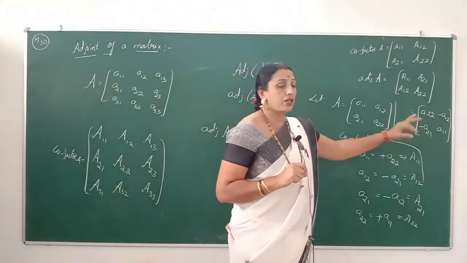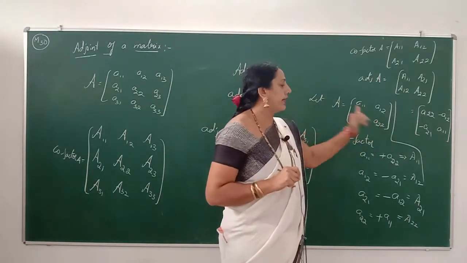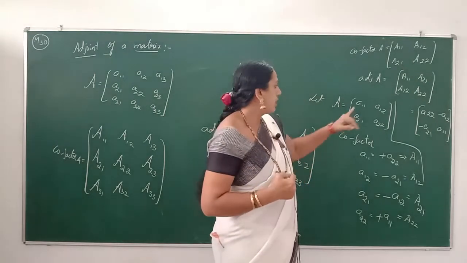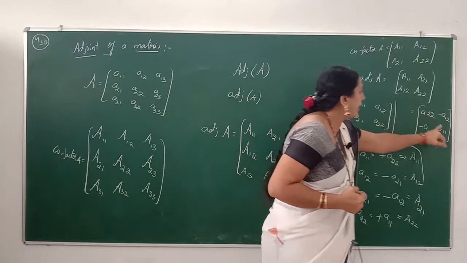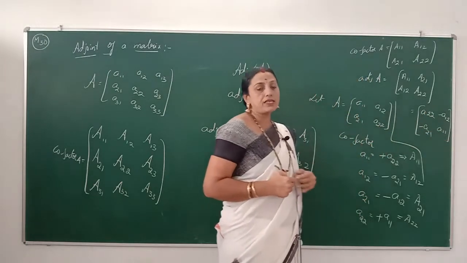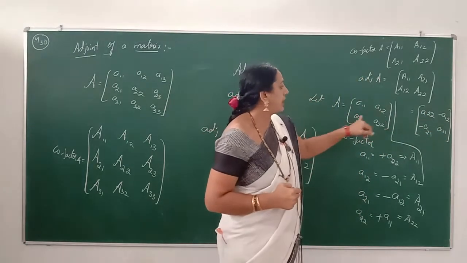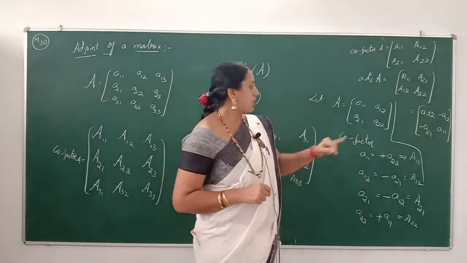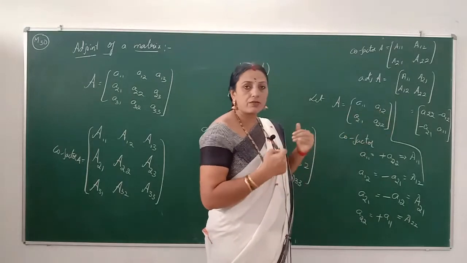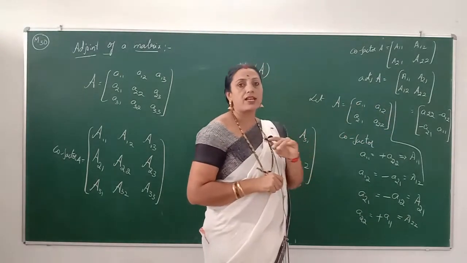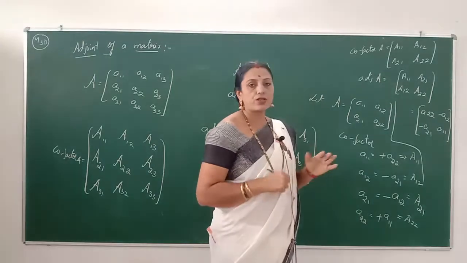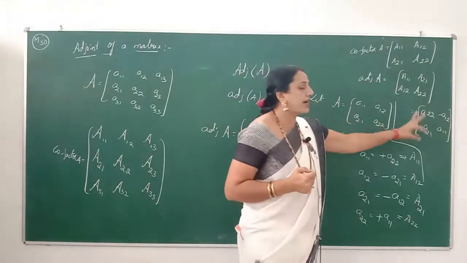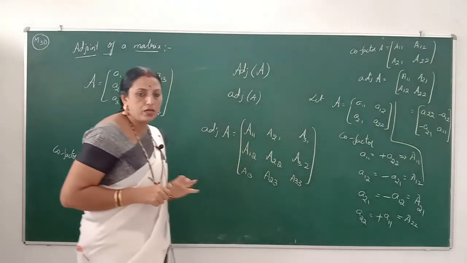So by using that condition, the left diagonal elements of the 2 cross 2 matrix are interchanged in their places. So A11, A22 are interchanged in their places, and the elements of the right diagonal change their sign. If these two are both positive in the given matrix, they will both be negative in your answer. Suppose one of them is positive and the other is negative, then changing the sign gives what is called the adjoint of a 2 cross 2 matrix.